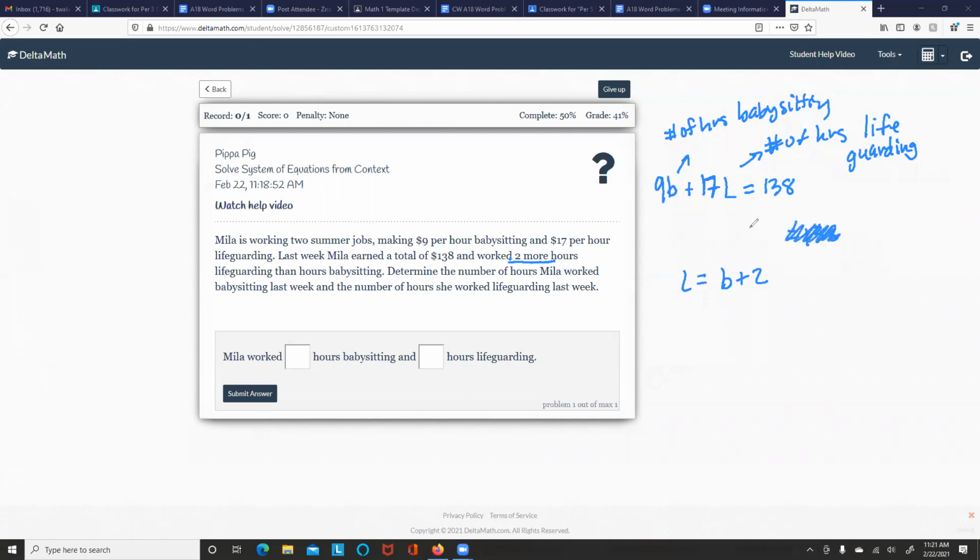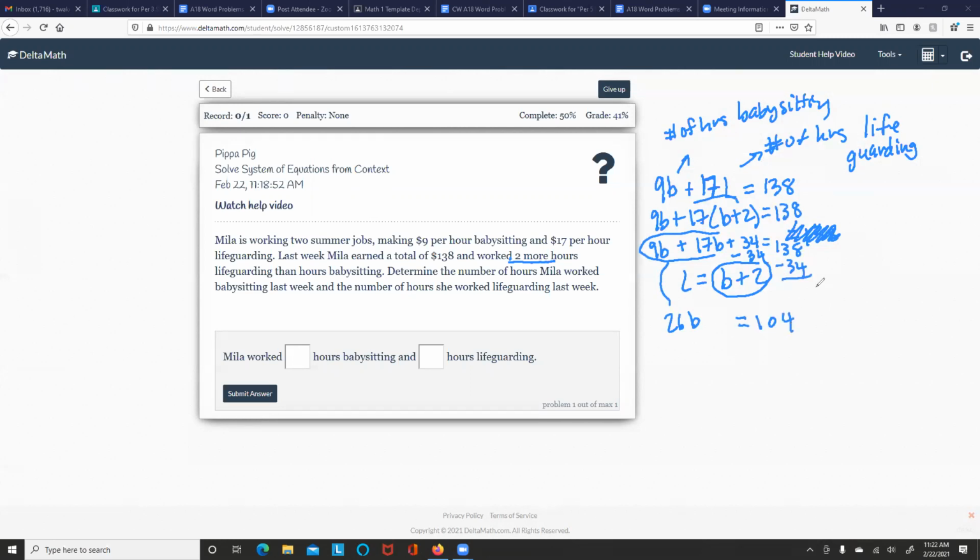Okay, so then we have to solve this. Lifeguarding equals babysit plus 2. So I need to put 9B plus 17 times (B plus 2) equals 138. And we get 9B plus 17B plus 17 times 2, which is 34, equals 138. And then combine our B's here. This gives me 26B. Let me go ahead and minus 34 from here, minus 34 from 138. That gives me